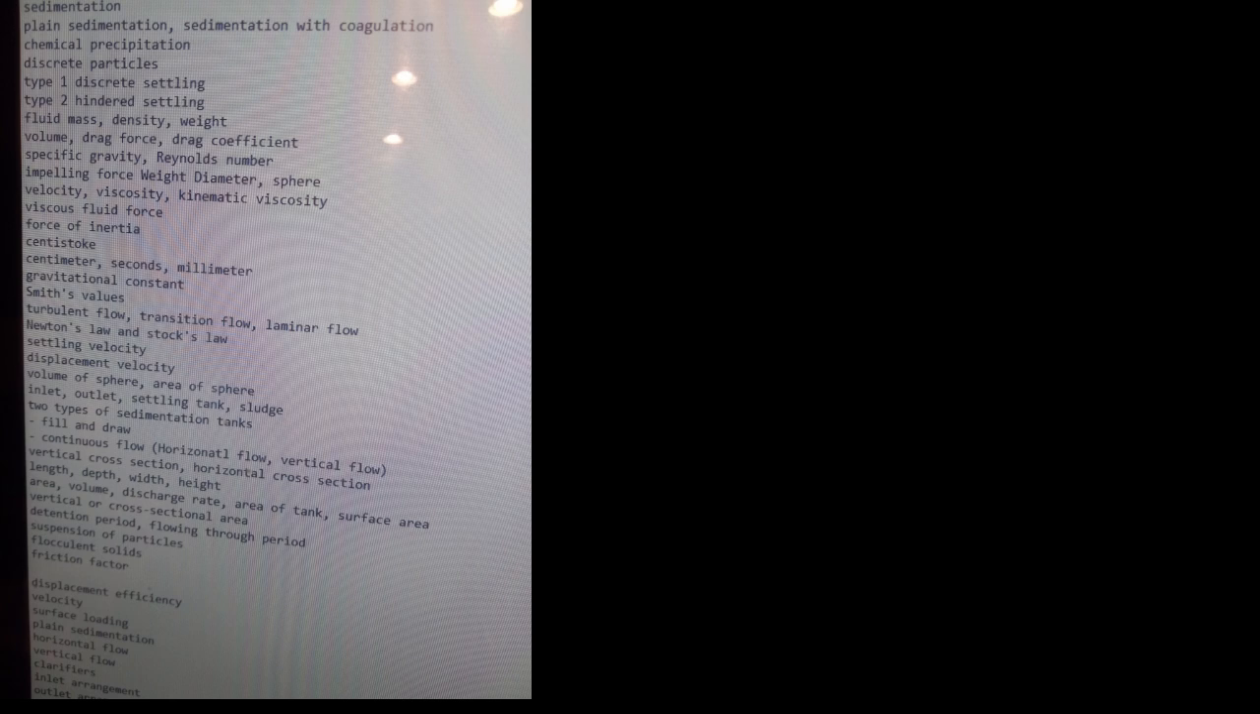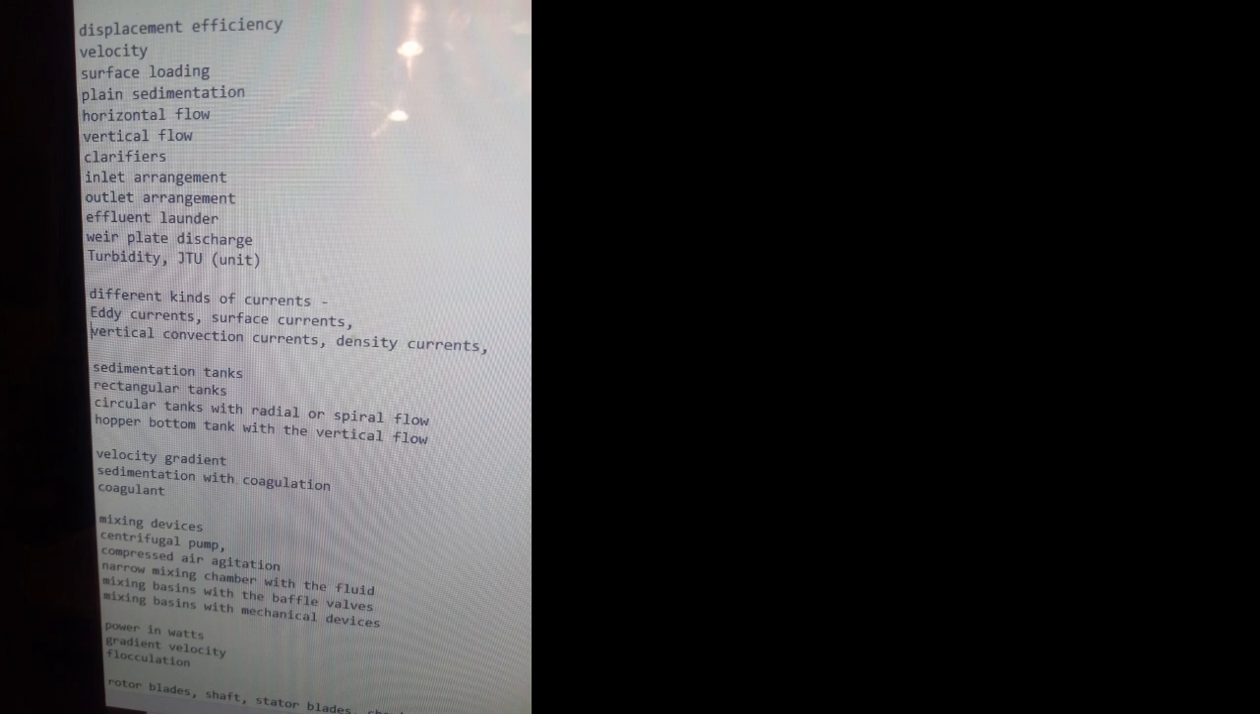Vertical cross section, horizontal cross section, length, depth, width, height, area, volume, discharge rate, area of tank, surface area, vertical or cross sectional area of the tank, detention period, flowing through period, suspension of particles, flocculent solids, friction factor, displacement efficiency, velocity, surface loading, plane sedimentation, horizontal flow, vertical flow, clarifiers, inlet arrangement, outlet arrangement, effluent launder, wear plate,